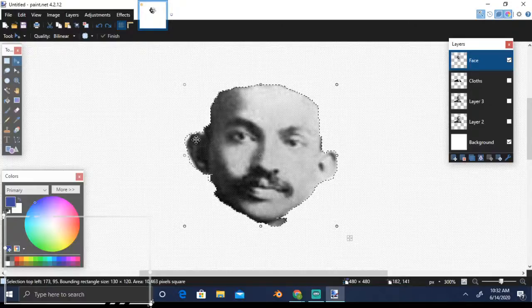Let's select this out there. Let me deselect the face. Okay, now let me just select the mustache, which is not of skin color, we will just select it out.